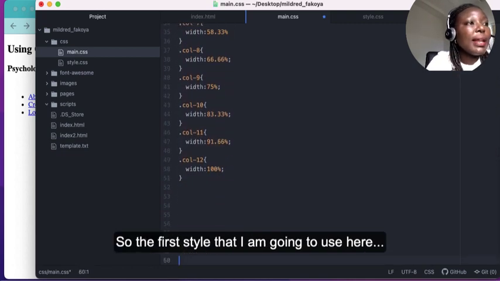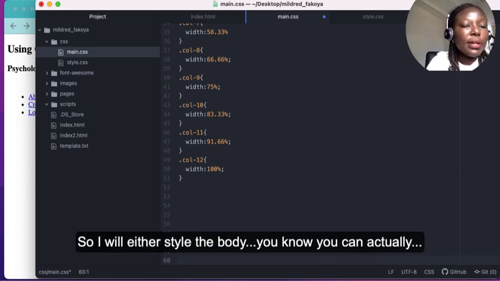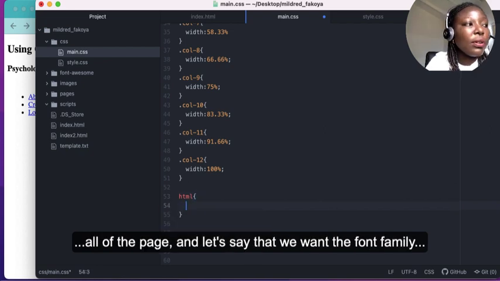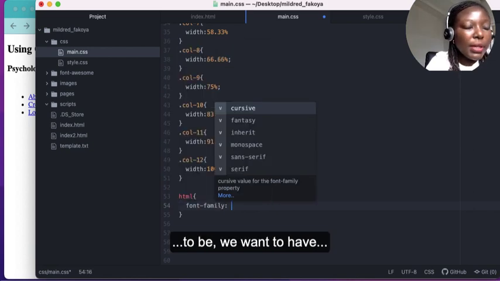So the first style I'm going to use here is to style the header like we did the last time. So I either style the body. You know, you can actually style the HTML element, which is going to put a style for all of the page. And let's say we want the font family to be,